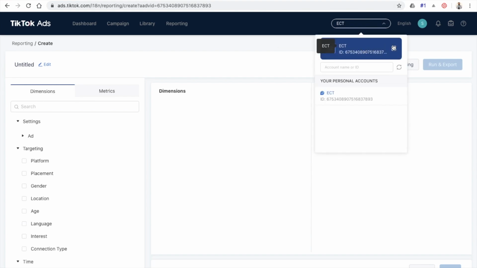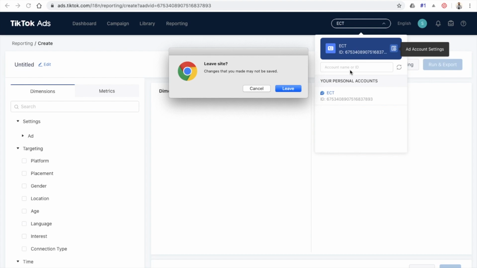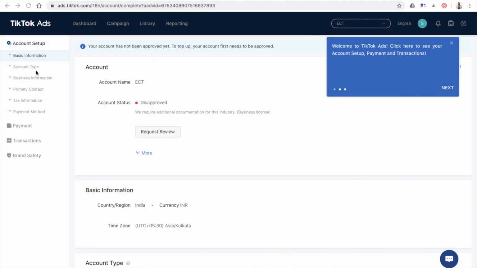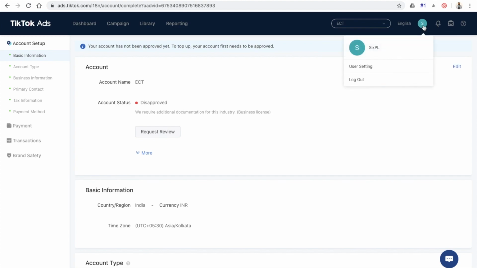Then you will see here the account details. You can go and check, change all the things related to your payment, account types, business information, payment transaction, brand safety, etc. Right? Then here you will find this user setting. This is the notification section, and there is something called Business Center in TikTok. If you are an agency or if you are a business that has multiple members, then you can click on Business Center, and from there you can